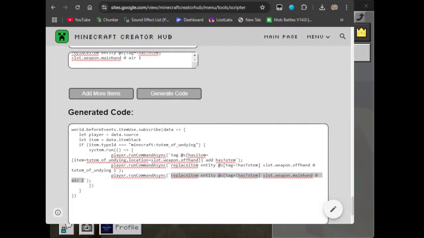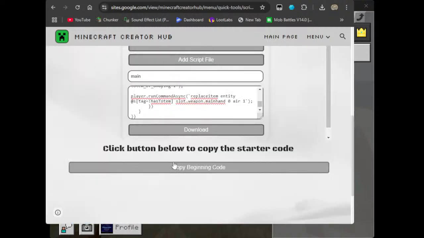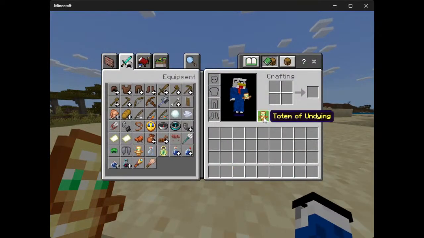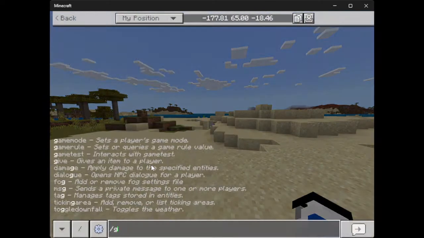So what I forgot to do is just remove the tag after I'm done. Tag as remove as totem. That's all. Generate code and then just update the code once more. Yeah. So now if I get this totem, go in slash